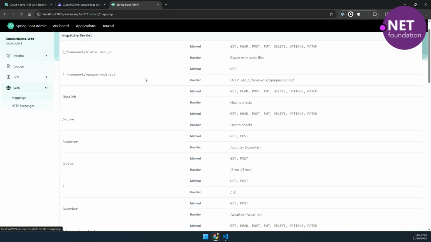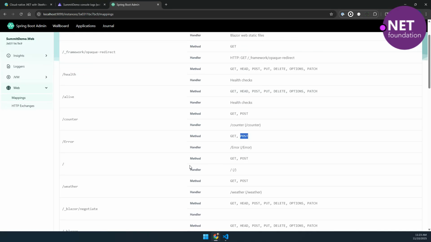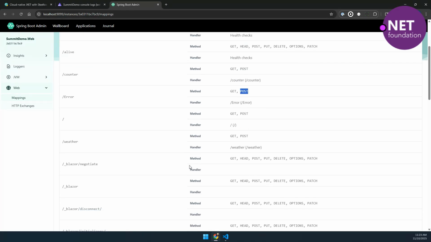Also, we have a mappings actuator. So you can see these are all of the different things that can respond to HTTP requests. You can see whatever this error page is, probably because this is a Blazor app. It responds to GET and POST requests. So this should be a nice, convenient place to go to find out what the application responds